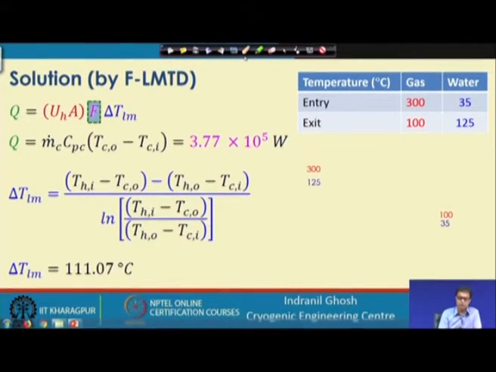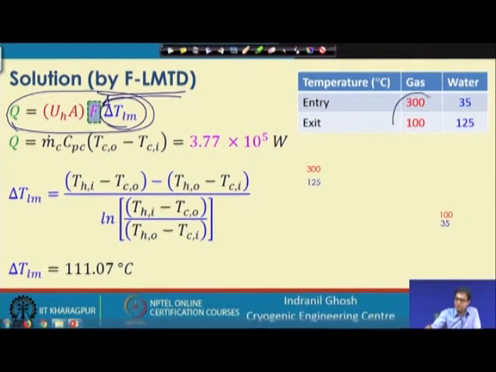Now, in this approach, earlier for the solution of that problem where we had the cross flow heat exchanger with both fluid streams unmixed, we tried to solve by some method, and now we are trying to solve it by F LMTD relation, because since this is the cross flow heat exchanger, we know that we can correlate the heat transfer by the overall heat transfer coefficient and the area product multiplied by the F factor and the delta T log mean temperature. So, in this case